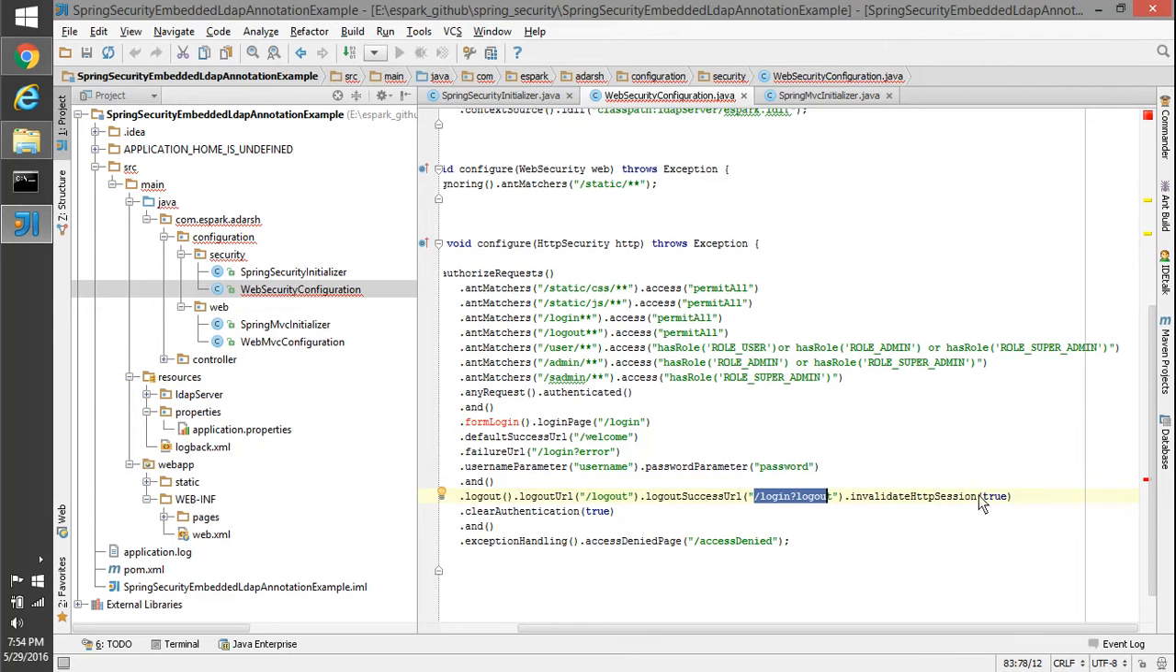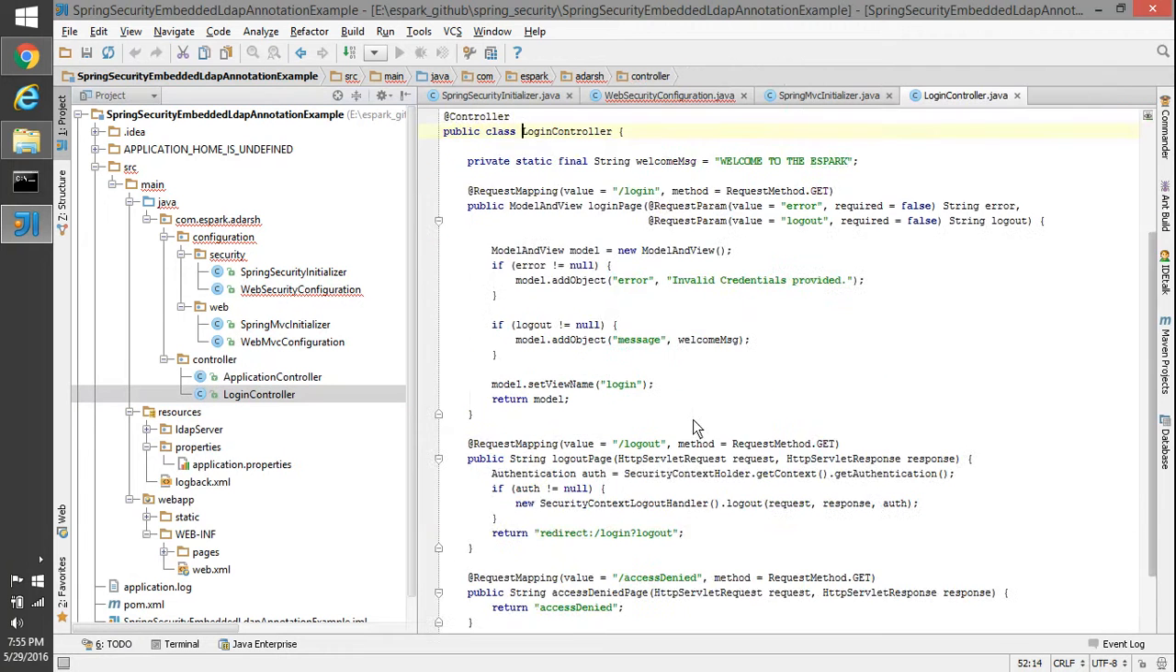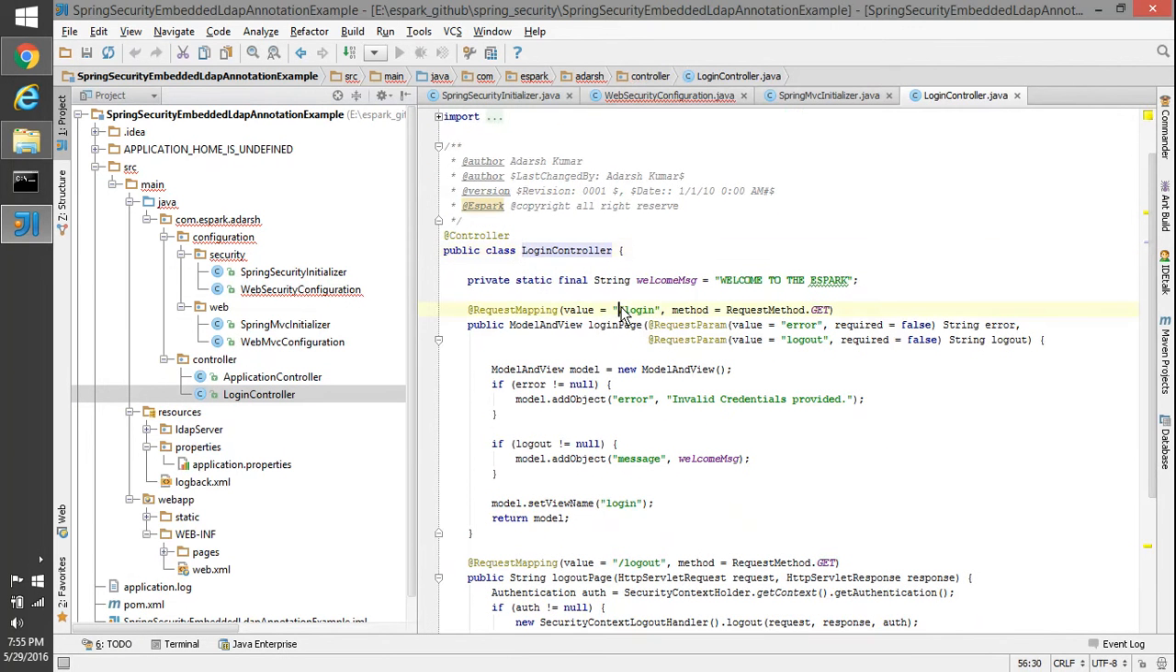And while logging out, we are saying to invalidate the HTTP session as well as clear the authentication from the security context. And in case of any exception handling, in case of any exception or illegal access to the application, access denied is going to execute here. So for all these URLs we have corresponding controllers, like the login controller. Any request that comes with /login is going to be intercepted by this controller method, and the login view will be